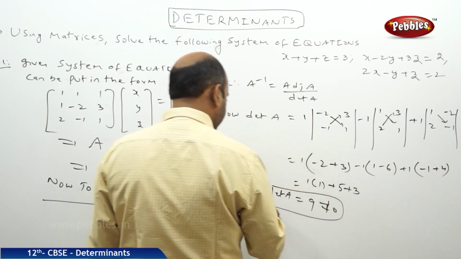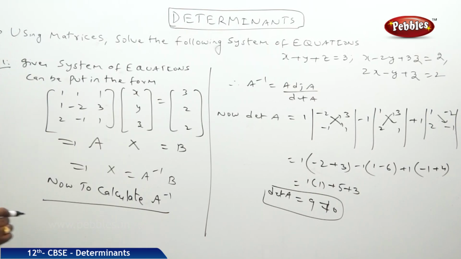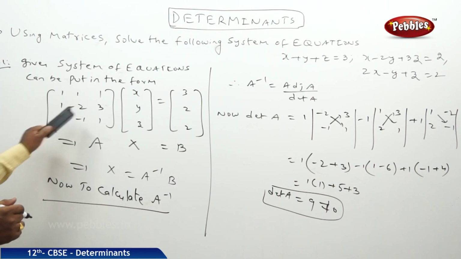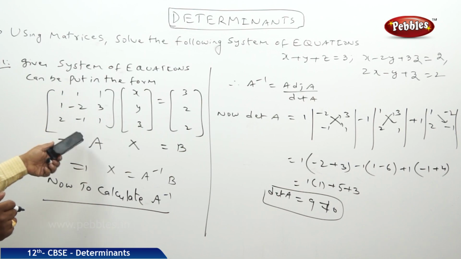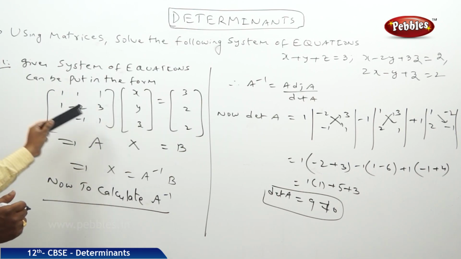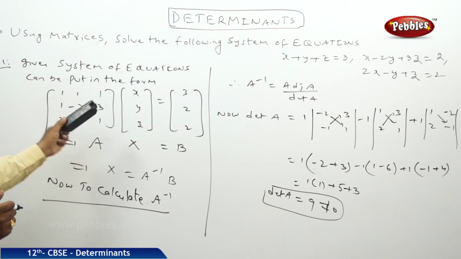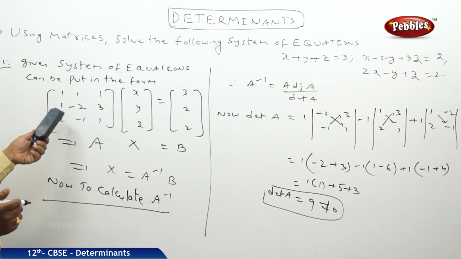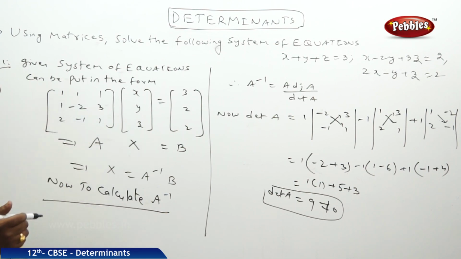While calculating the determinant of A, we should check one or two times whether we have done it right or wrong. I shall also be verifying now. 1 into its minor, that means minus 2 3, minus 1 1, and minus 1 into its minor. So 1 3 2 1, and 1 into its minor. How can we find the minor? It means we need to delete the corresponding column and corresponding row. So what happens? 1 minus 2, 2 minus 1.